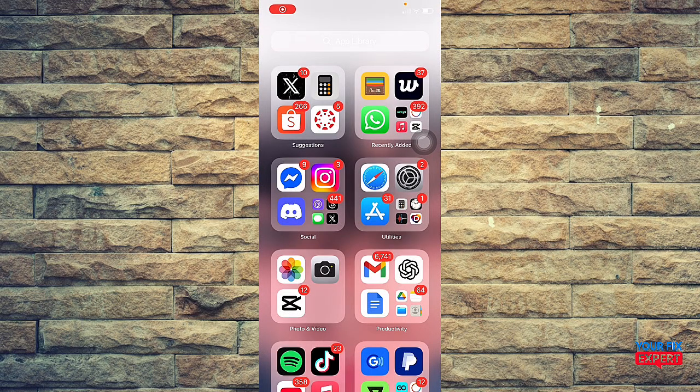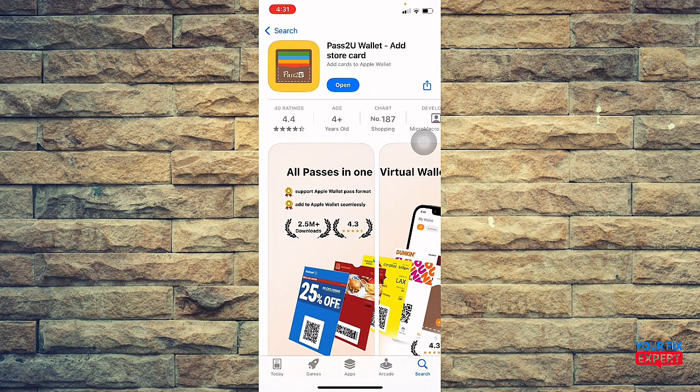This is how you're going to add a QR code to Apple Wallet from a photo. First, you will need an app that can turn your QR code into a pass Apple Wallet understands. One of the easiest options is an app called Pass2U Wallet, which you can download for free